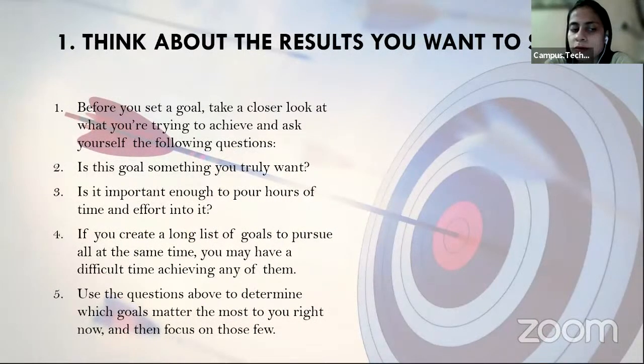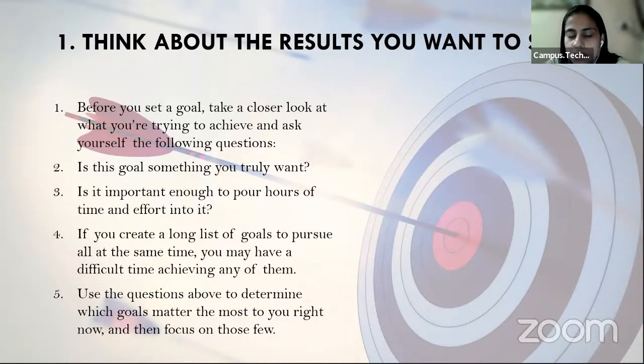Goal. A person should have a target in front of him, on which he is going to put the arrow. So think about the results you want to see. You need to think about the result, like what should be the end result. For example, in the previous example, the result we want is to save some money. So here you need to think about the result, what you want to achieve. That is the first step of the goal setting process.